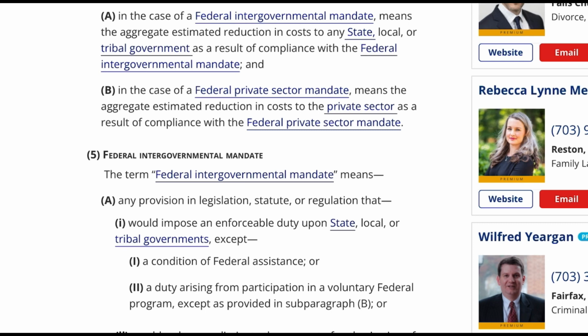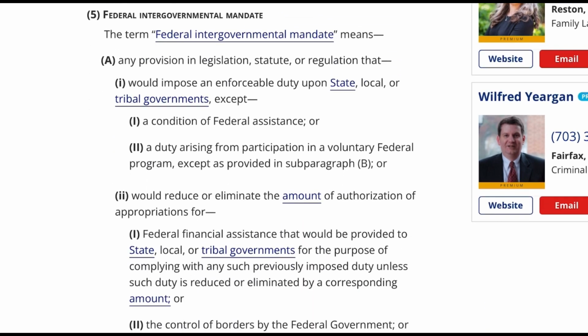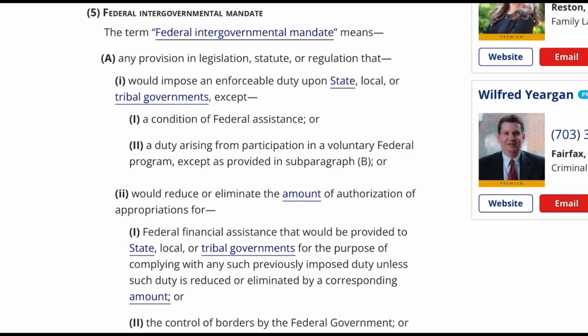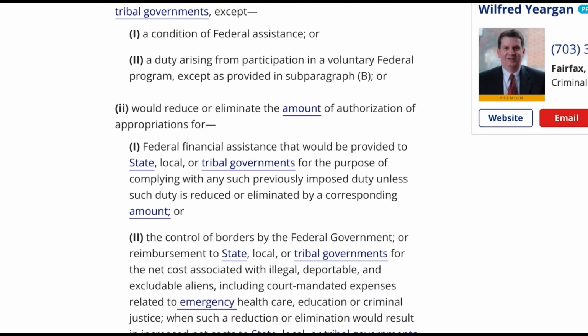(5) Federal intergovernmental mandate. The term federal intergovernmental mandate means (A) any provision in legislation, statute, or regulation that (i) would impose an enforceable duty upon state, local, or tribal governments, except (I) a condition of federal assistance, or (II) a duty arising from participation in a voluntary federal program, except as provided in subparagraph (B), or (ii) would reduce or eliminate the amount of authorization of appropriations for (I) federal financial assistance that would be provided to state, local, or tribal governments for the purpose of complying with any such previously imposed duty unless such duty is reduced or eliminated by a corresponding amount, or (II)